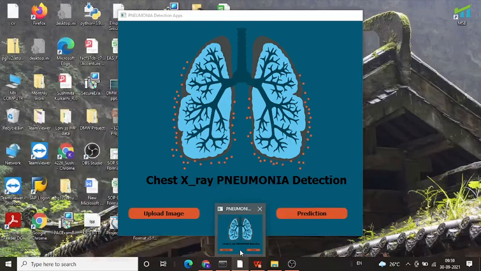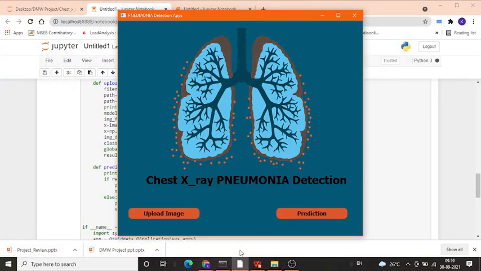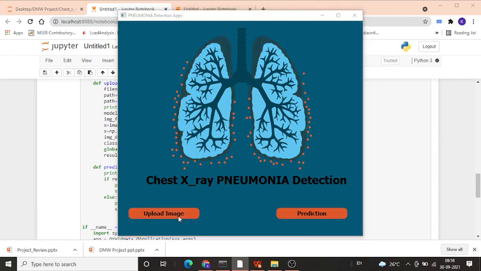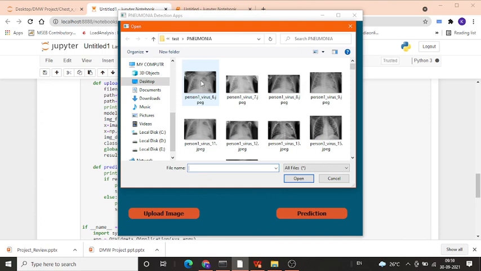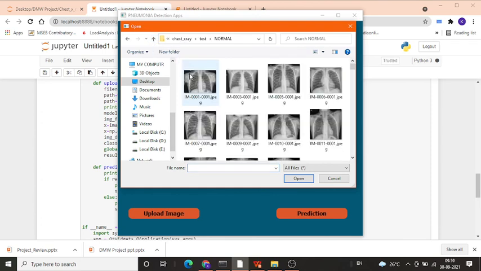Now I will show you my model. Initially we are going to select upload image, then initially I show you the normal patient report.